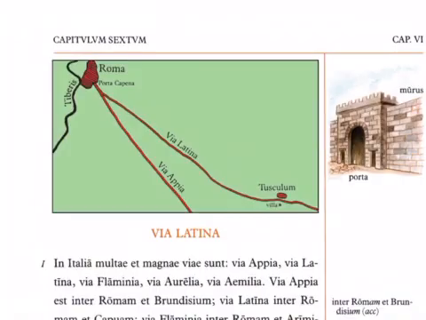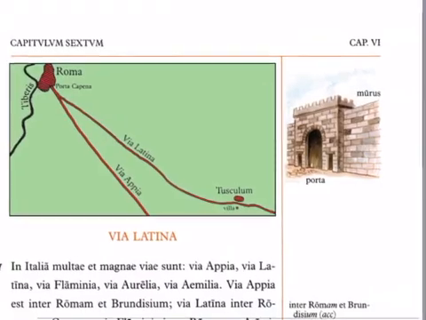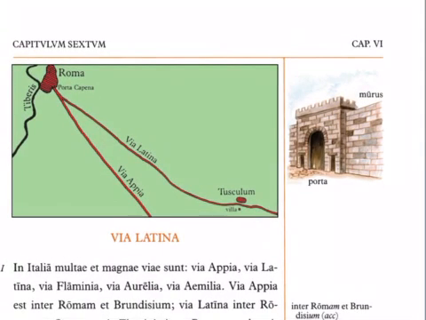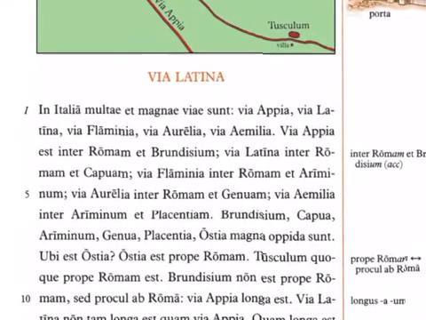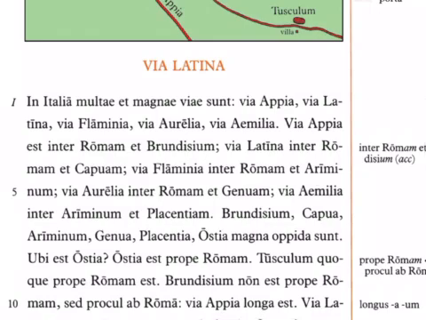Also near Rome, you see the Tiberis. Tiberis is the Tiber River. If you followed that south and west, you would get to the coast of the Tyrrhenian Sea or Tuscan Sea. And that's where, at the mouth of the river, is the port town for Rome, which is called Ostia. In the margin, we see a porta, or gate, and we see murus, wall. Murus is where we get mural from, the word for a wall painting, and then porta is where we get portal from. All right, let's look at the story.